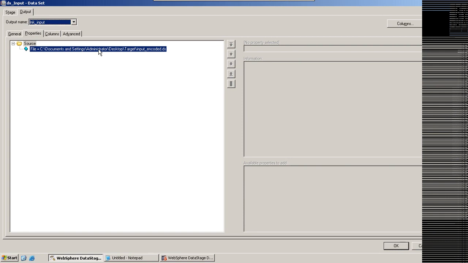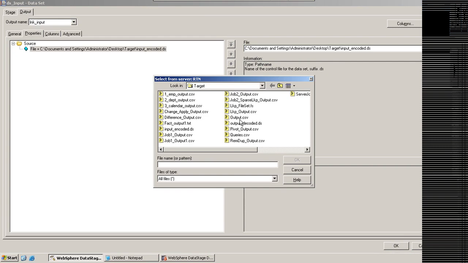What is the problem there? I actually tried reading already encoded data. Instead of the original data set, I read the encoded data set. That is why it compressed and uncompressed, and it showed me the proper result, but it is encoded data. The reason being the source is encoded data. Now again,